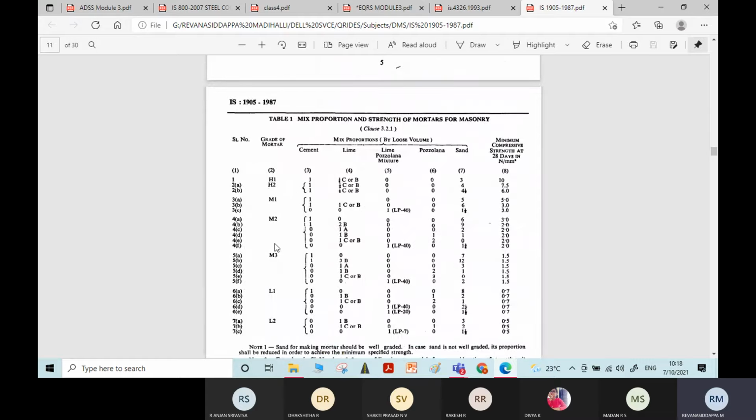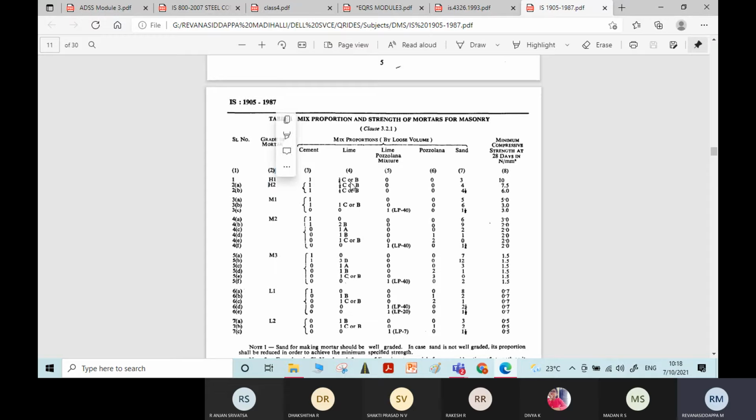Say H1, H2, M1, M2 are the notations for different mixed proportions between cement, lime, pozzolana, and sand. For each category of the mixes, proportions are mentioned. For example, for the M2 mixed proportion, the proportion is 1:0:0:0:0:6. And if you are taking the H1 mixed proportion, the ratio is